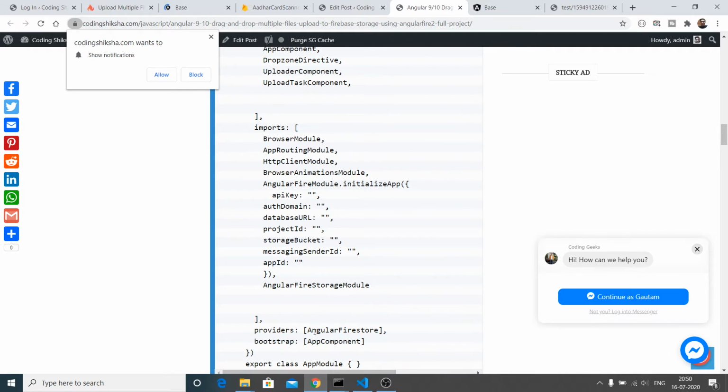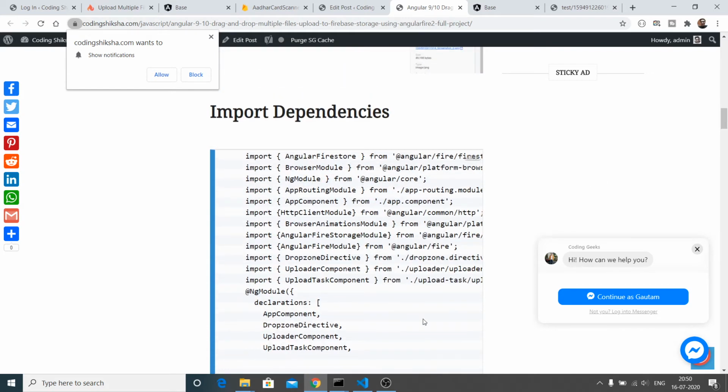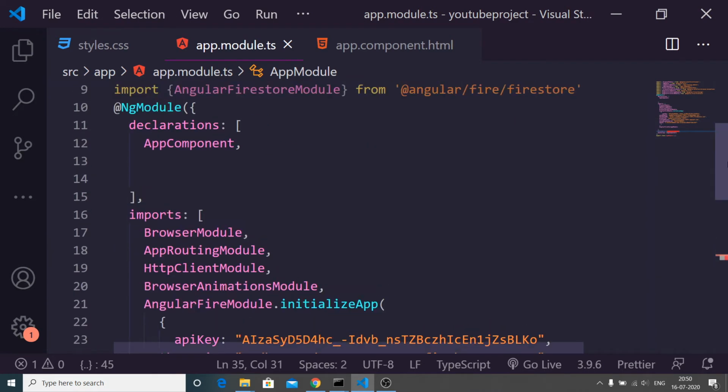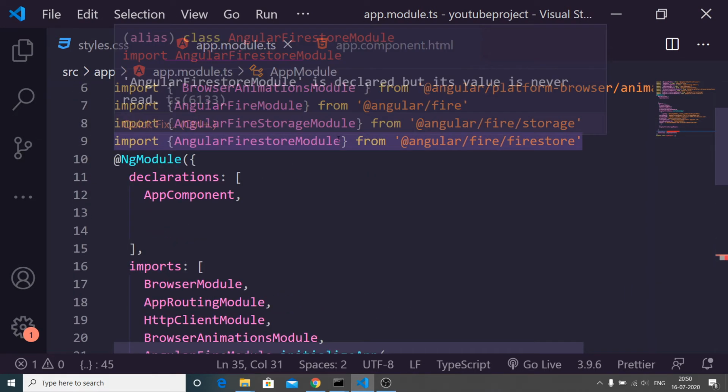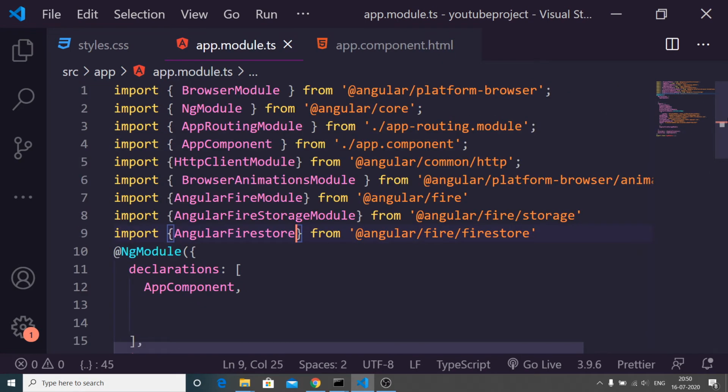You can see that I think it is AngularFirestore, not module. So we need to update this. This needs to be AngularFirestore. So now this file is complete.